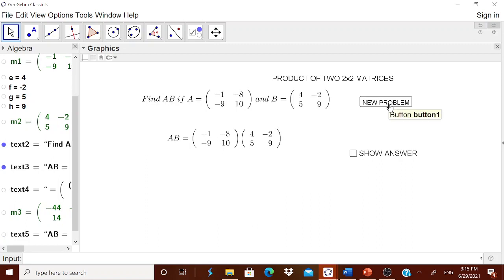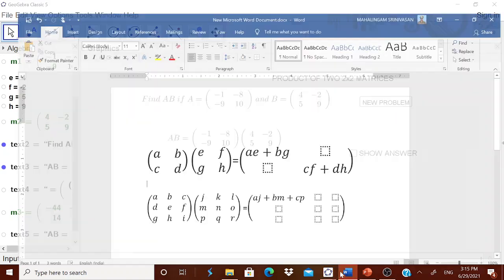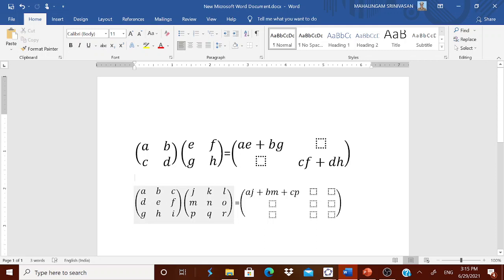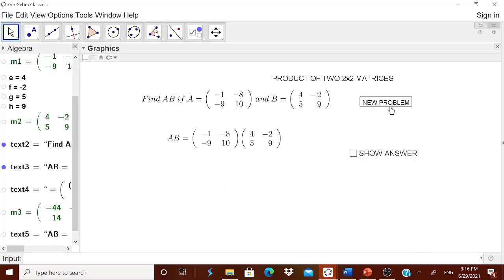You can do it. Similarly, you can do it for 3 cross 3. The same thing in the 3 cross 3 also. You see, the formula will be, you have to enter A, B, C, D, E, F, G, H, I, J, K, L, M, N, O, P, Q, R. You should have patience in doing all the problems. In the same way, you have to go for this new problem. In the new problem, I think I already gave you what you have to do. You have to write the script as the condition is update construction, empty bracket.